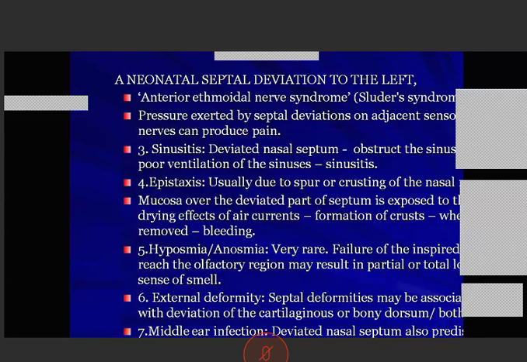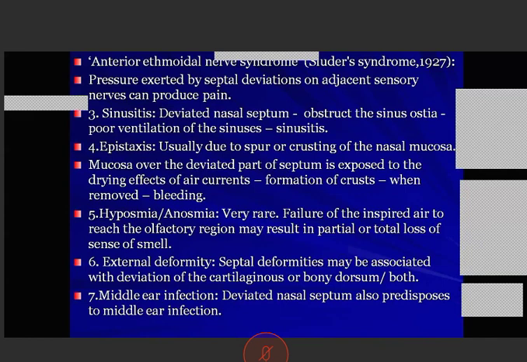The other is anterior ethmoidal nerve syndrome or Sluder's neuralgia. What I told you previously, a pressure exerted by septal deviations on adjacent sensory nerves can produce pain. That is called anterior ethmoidal nerve syndrome or Sluder's neuralgia. Next, first we saw obstruction, next we saw headache, next sinusitis. A deviated nasal septum causes obstruction of the sinus ostia, which leads to poor ventilation of the sinuses and leads